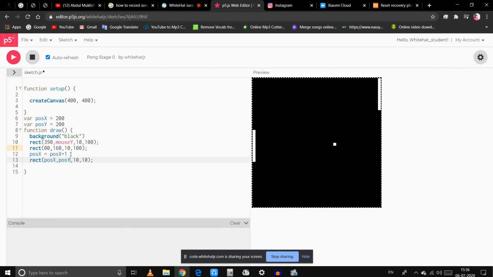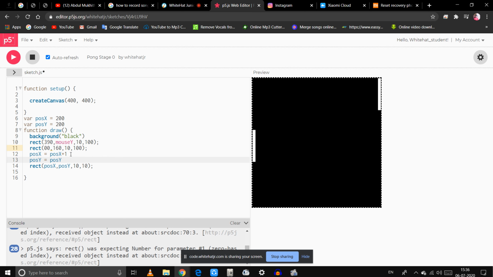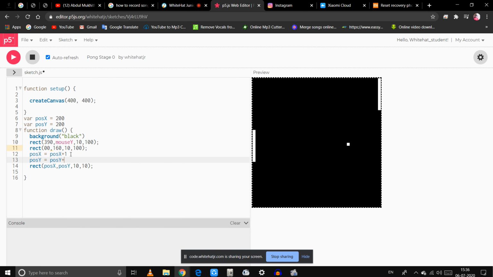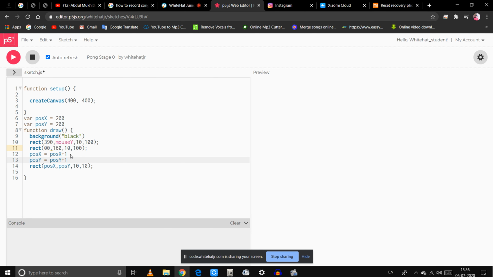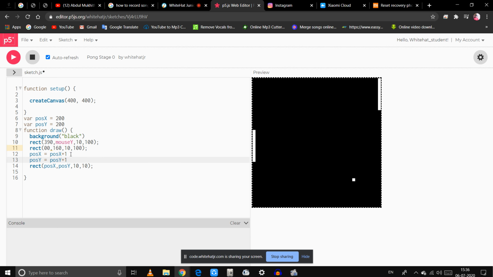Now you have it. We made the ball move. Now, if I want to move it in the opposite direction or in some other direction, what will you do?